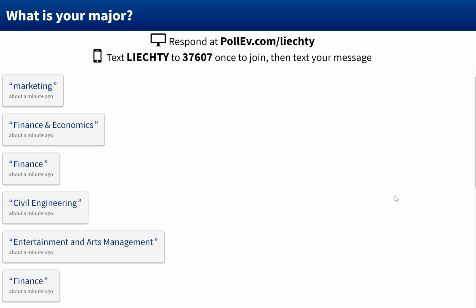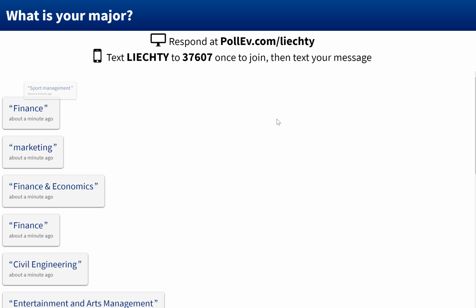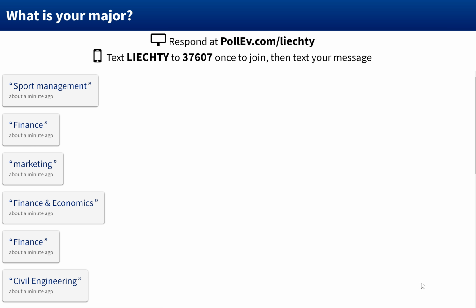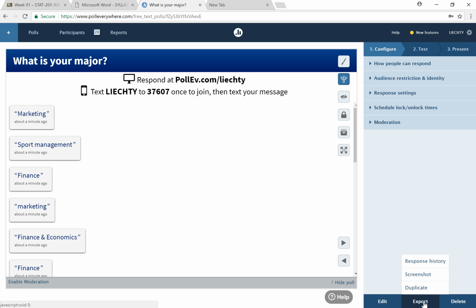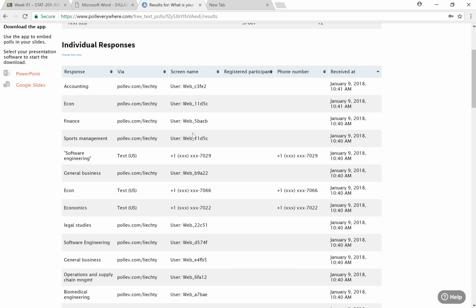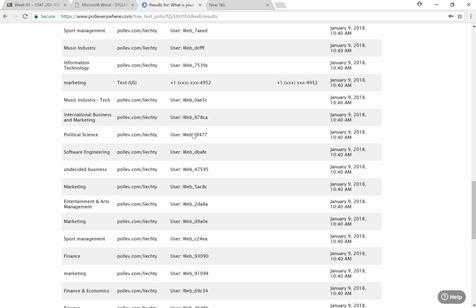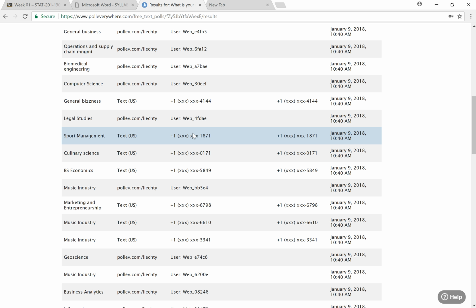Okay, so this is raw data we're looking at here. Has everybody had a chance to answer? This is just kind of the thumbnail version. So I can come over here and look at the response history. And we have 62 responses. And here's the data. So this is raw data. What do we hope to glean from raw data? If you're looking at raw data.